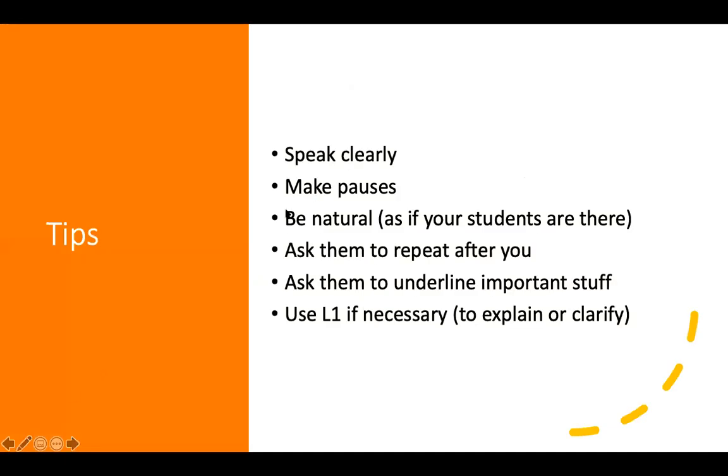Now, some tips: we speak clearly. We make pauses because our learners are not next to us to guess from gestures and facial expressions. We try to be as natural as possible, as if our students are actually there. We can ask them to repeat after us. I'll show you examples. We can ask them to underline important stuff,